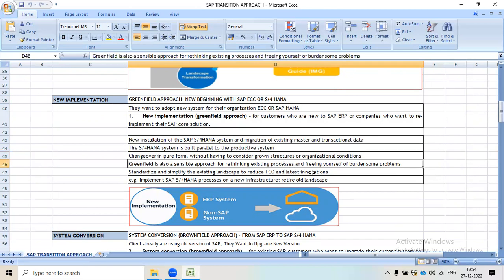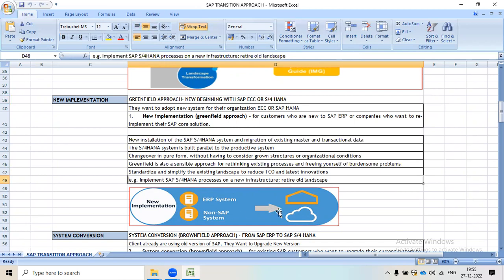Greenfield is a sensible approach for rethinking existing processes and freeing yourself from burdensome problems, standardizing and simplifying the existing landscape to reduce costs and use the latest innovation. For example, implement SAP S/4HANA processes on new infrastructure and retire the old landscape.